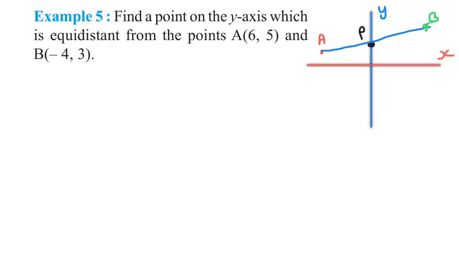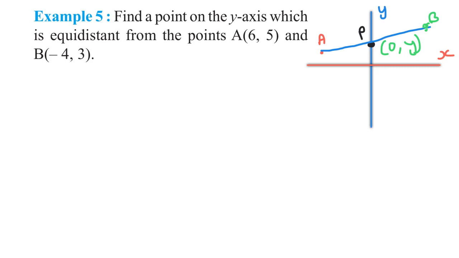Let's try this problem. Find a point on the y-axis which is equidistant from the points A (6, 5) and B (-4, 3). So if a point is on the y-axis, what will be the coordinates of that point? It's going to be (0, y). Remember that? Now this diagram doesn't really represent the points A and B, just to show you how the problem